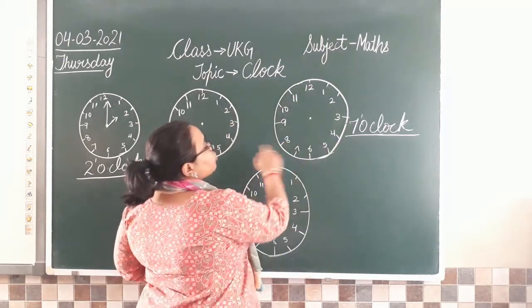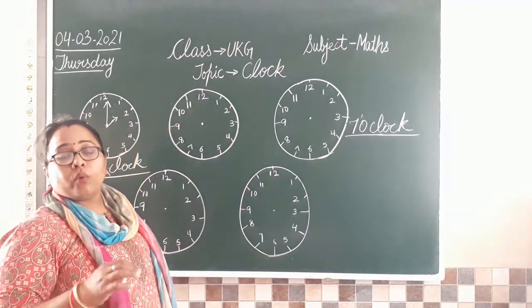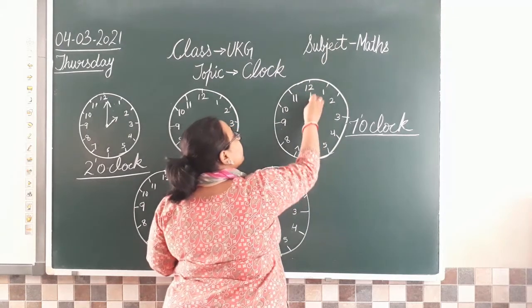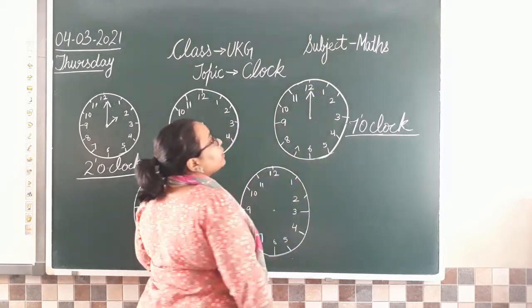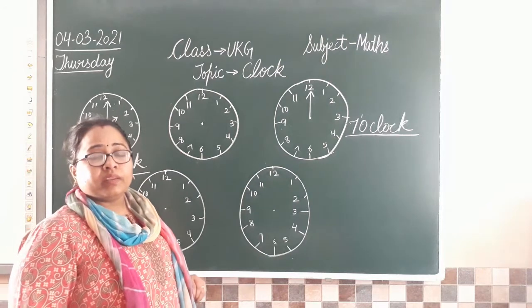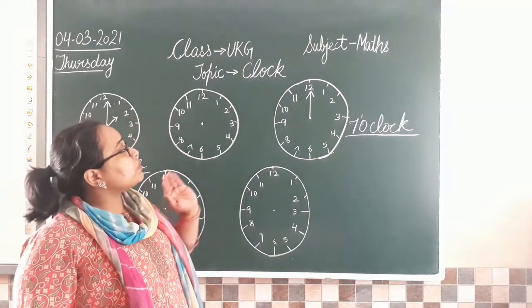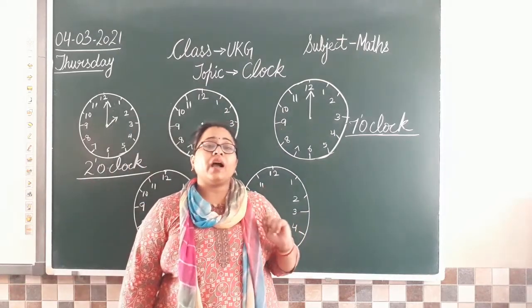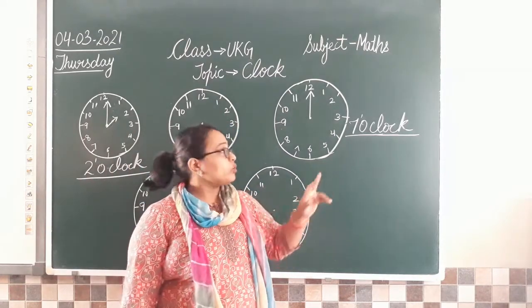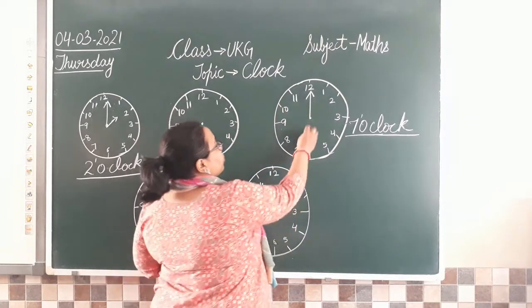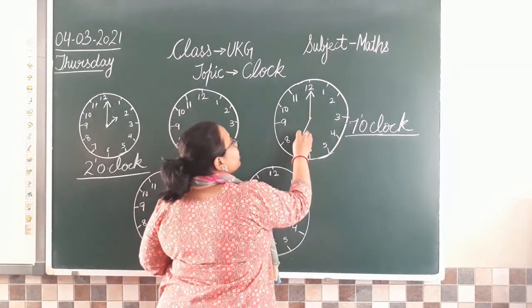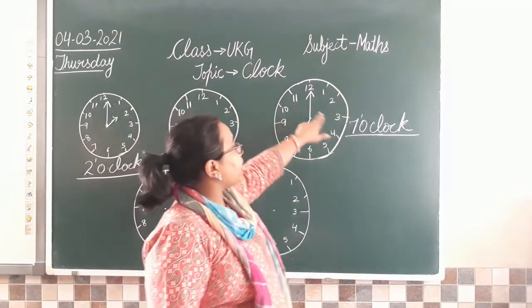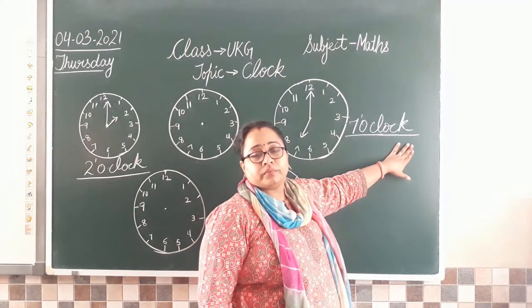So if you have to draw 7 o'clock here, what are you going to do? First we are going to draw the minutes hand, the longer one pointing towards 12. Isn't it? अब अगर आपको इसमें 7 o'clock time draw करना है, तो short hand कहाँ आएगा? It will point towards 7. तो आप ऐसे इसको 7 की तरफ point करा देंगे. So this clock is showing the time 7 o'clock.